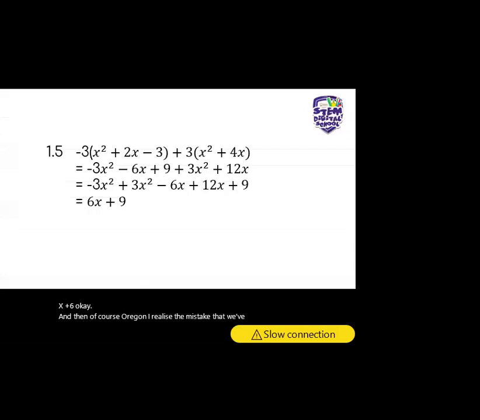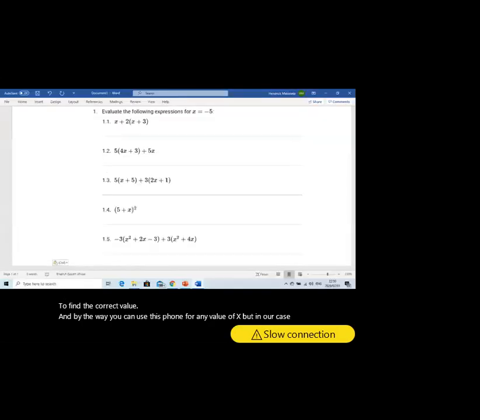Yes, so once you are at this point, you should be able to use these different algebraic expressions to find the correct value. And by the way, you can use this for any value of x. But in our case, we are now going to use the value of x there. We need to evaluate these expressions. So basically, these are the same expressions, but now we simply have to use x. We must find the value of the expression when x is